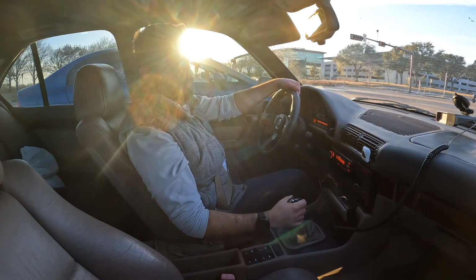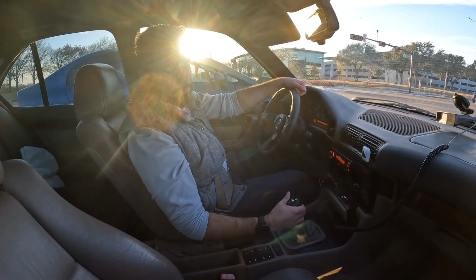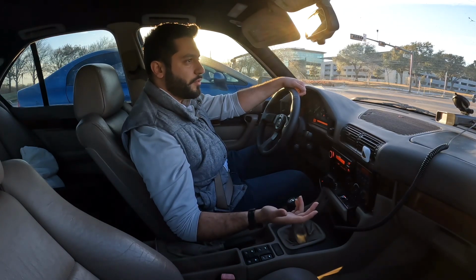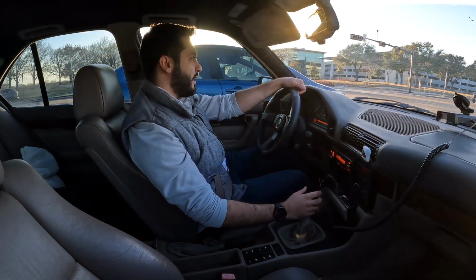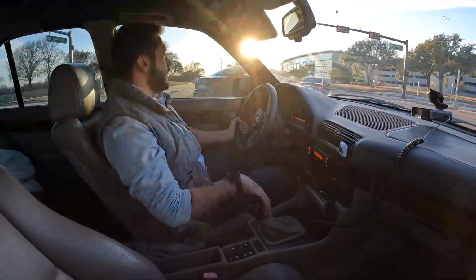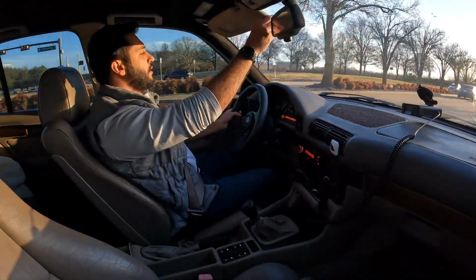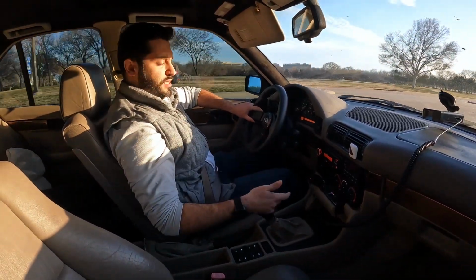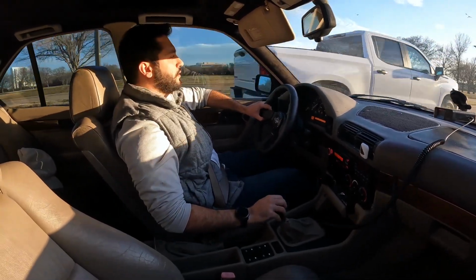It had an LSD. This one, of course, doesn't have an LSD because, unfortunately, it's a large case and those are more expensive to get. But what you do get is a V8 with close to 300 horsepower and 300 foot-pounds of torque. It makes good power to the ground, and the way it produces the power is very linear. There's power all over the RPM range. I'll give you an example. Here, I'm in second gear, at some 30 miles an hour, and I'll just...